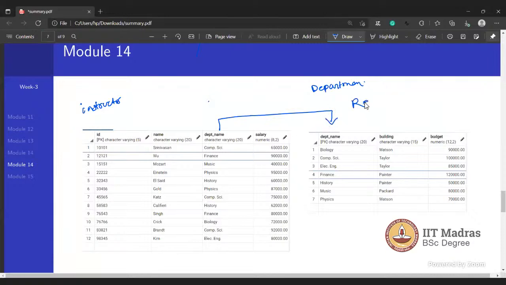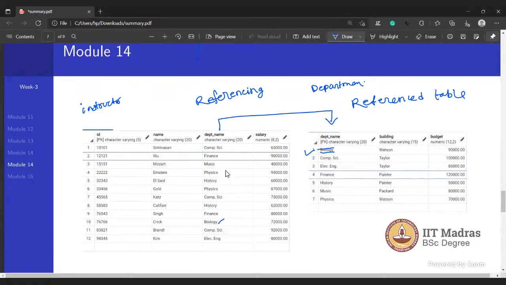This is the referenced table and this is the referencing relation. On delete cascade means if we delete from the parent table, suppose we delete the biology department, then this row will also be deleted.